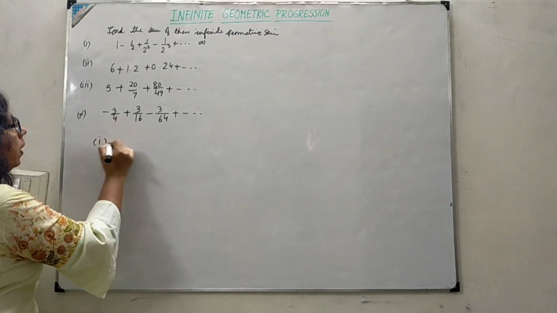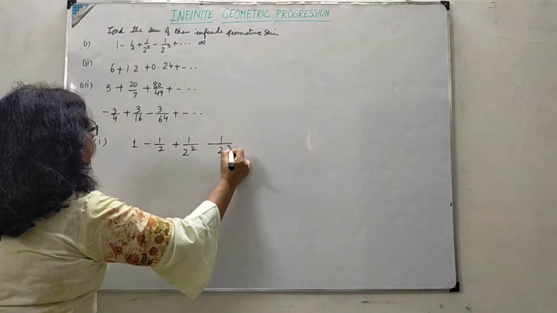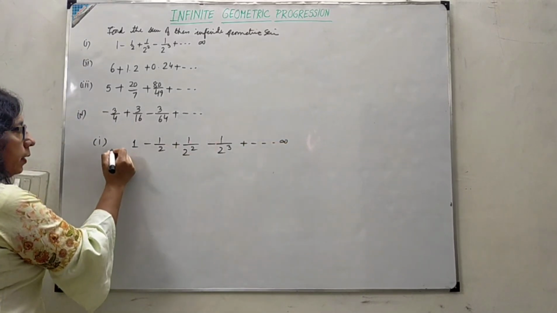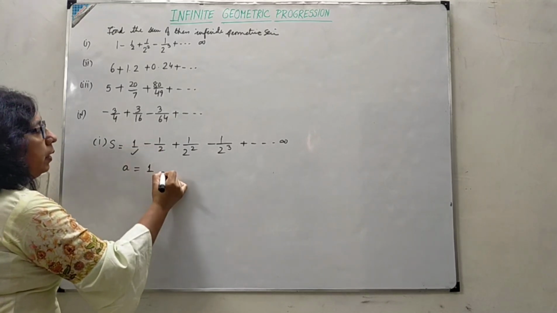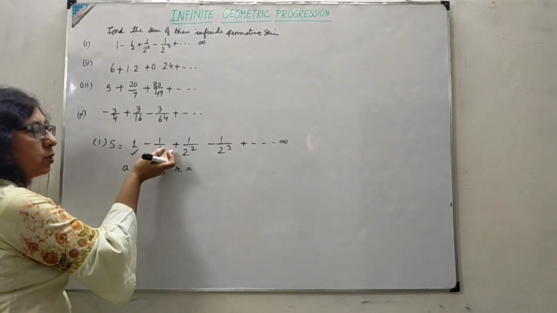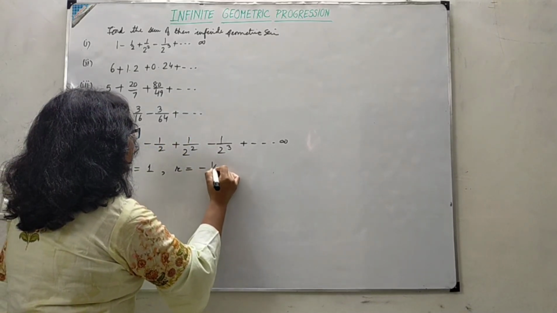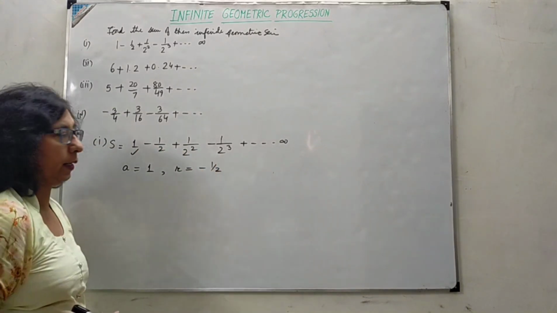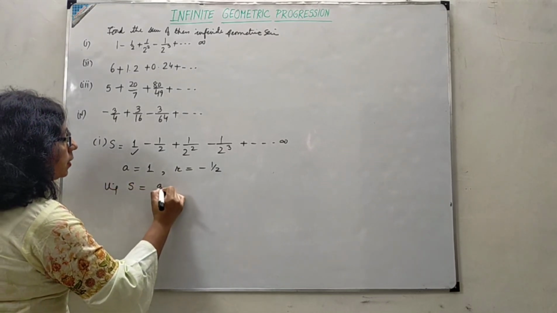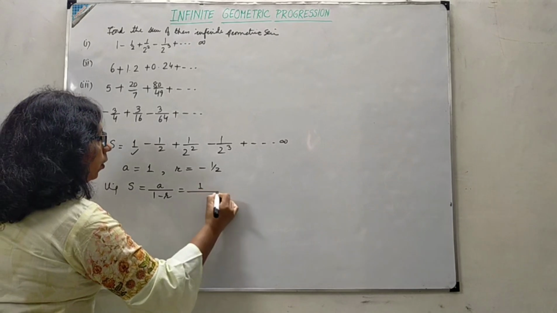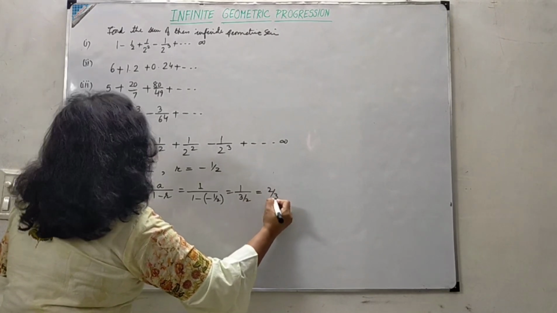Now you can see the first part. Here we have given the series as this. If we take this as S, we want to find it. a is here 1, the first term, and the common ratio is a(k+1) upon a(k), any term divided by the preceding term. So we are getting here minus half, as there are alternate plus and minus terms. So we have a and r. Using the formula for S, that is a upon 1 minus r, it is 1 upon 1 minus (minus half), that is 1 upon 3 by 2, and so it is 2 by 3.